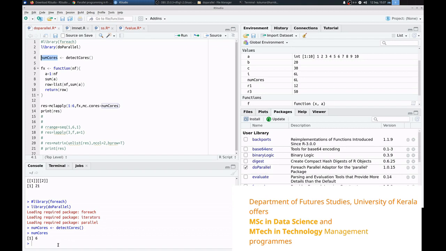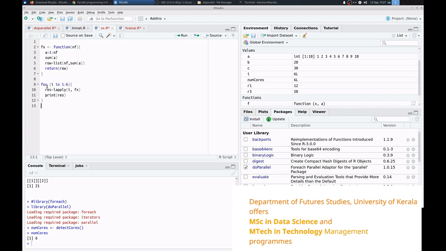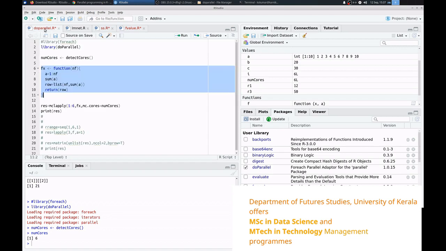Now I have the same function I have used for this one. Instead of the serial code, here you see this is a for loop with lapply. For each one I have applied lapply with fx. Here in this one I have another function: result is equal to mclapply.